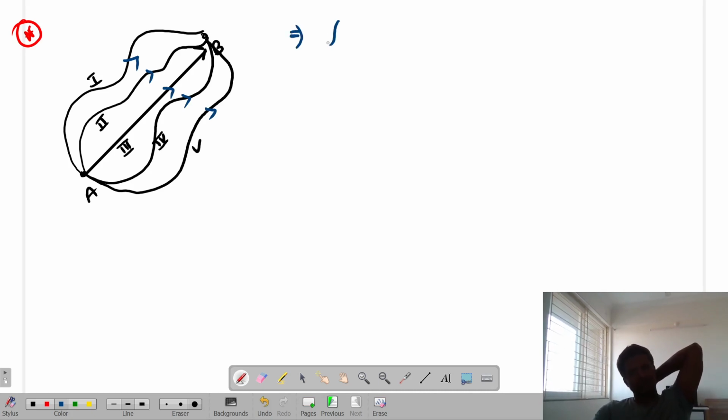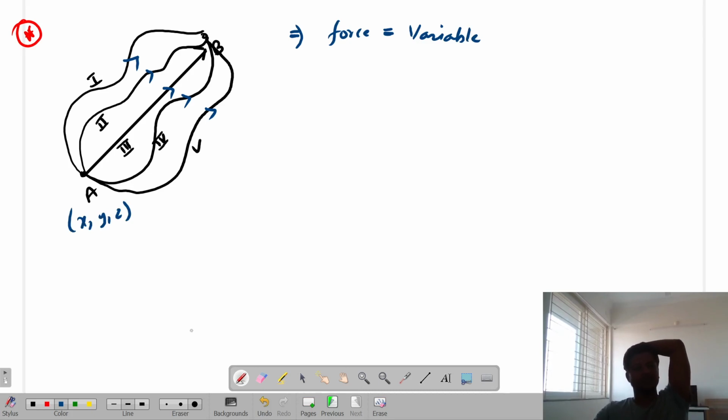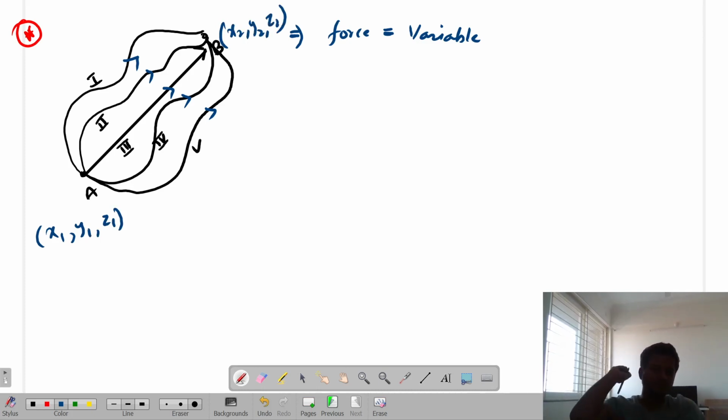Now, if force is variable, अगर force कैसा मिला, force अभी variable है ना, इसकी कोई एक ही पॉइंट कोऑर्डिनेट होगी एक्स वाई जेड, और बी की भी मान लो थोड़ा अच्छे से लिखते हैं, तो ए की कोऑर्डिनेट जो होगी वो मान लो x1 y1 और ये है z1, बी की कोऑर्डिनेट होगी x2 y2 और z2। और फोर्स कैसा है, वेरिएबल, है ना। लेकिन ध्यान से देखो तो अगर मेरा फोर्स वेरिएबल है हमें उससे कुछ फर्क नहीं पड़ता। अगर हमें x1 y1 z1 और x2 y2 z2 पता है, और फोर्स ऐसा है कि इसके लिए जो वर्क है वो सॉल्व हो सकता है। वर्क कैसा हो सकता है, इंटीग्रेशन सॉल्वेबल है,